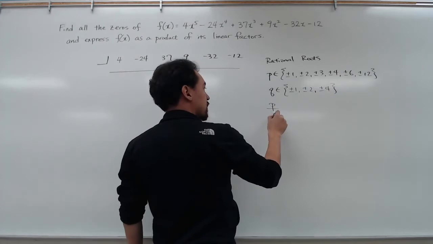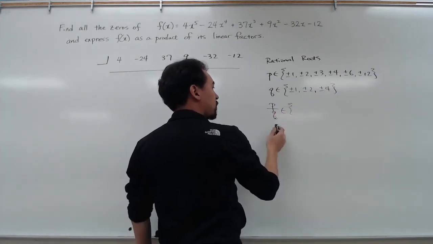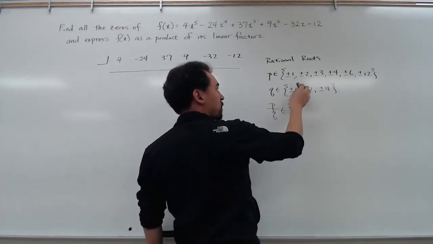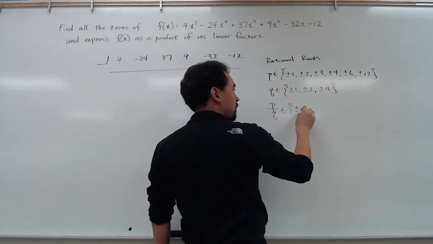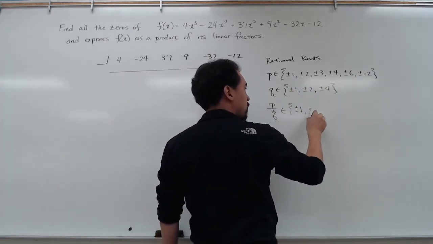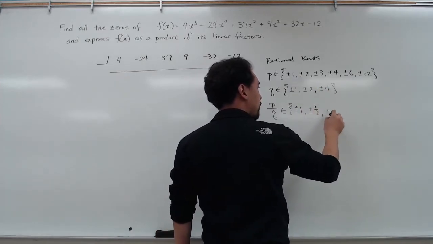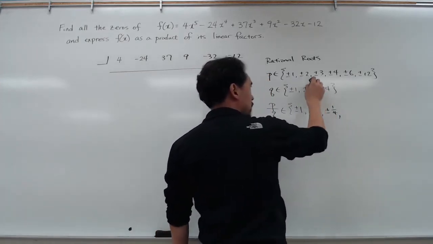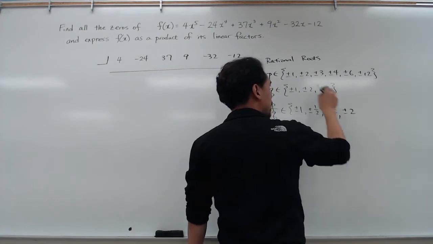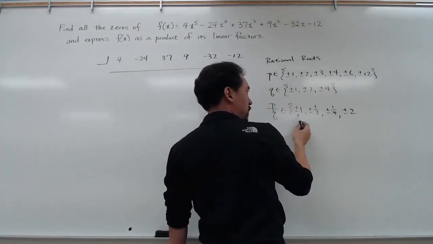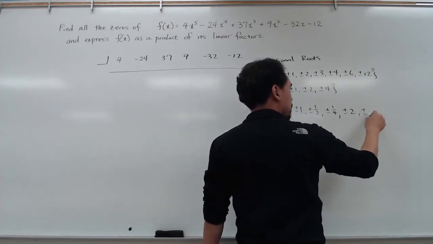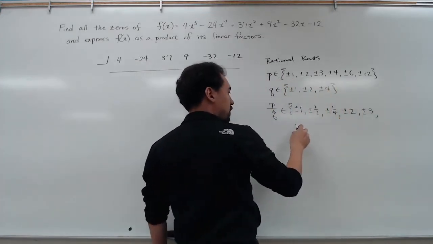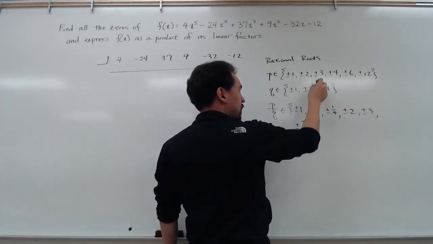Then, all of the possible rational zeros of f are going to be a number in here divided by a number in there. So we'll start 1 divided by 1, then 1 divided by 2, then 1 divided by 4. Then 2 divided by 1, then 2 divided by 2 is already there, 2 divided by 4 is already there. Then we go 3 divided by 1, then 3 divided by 2, then 3 divided by 4,